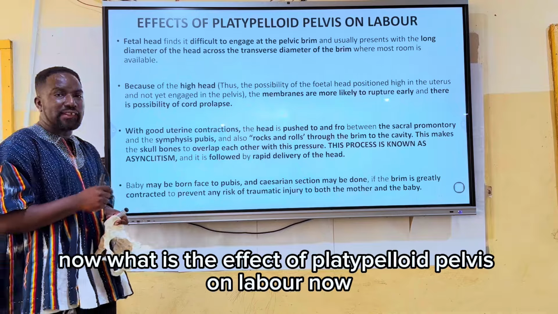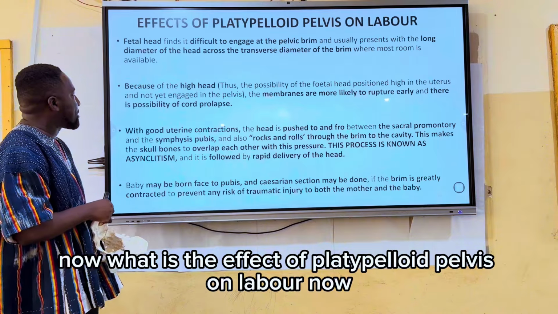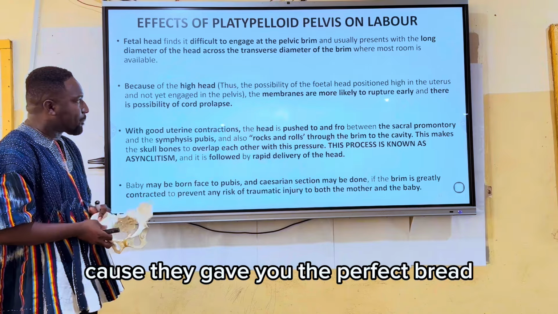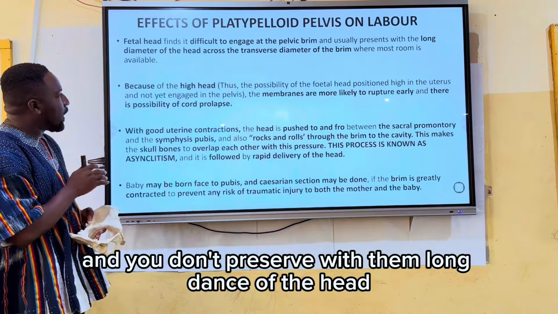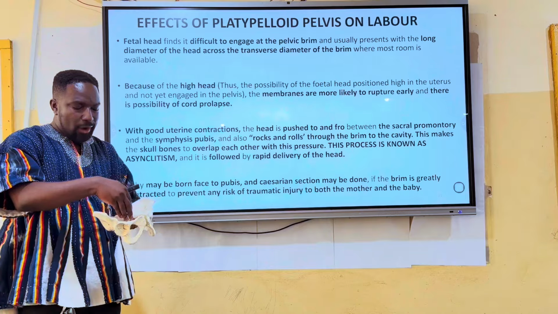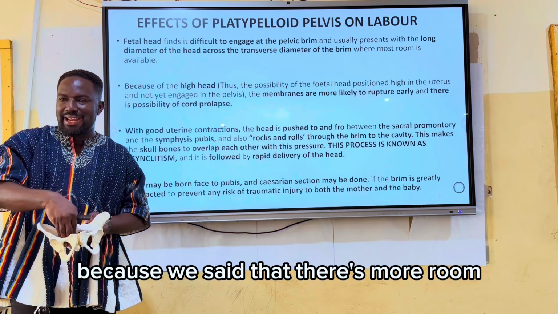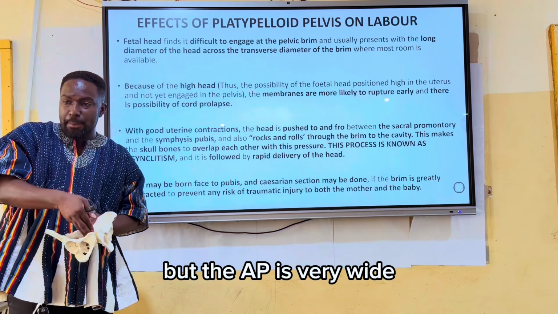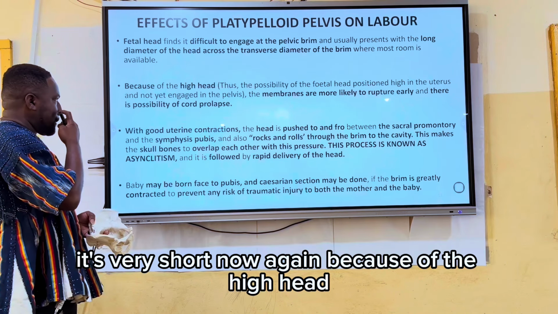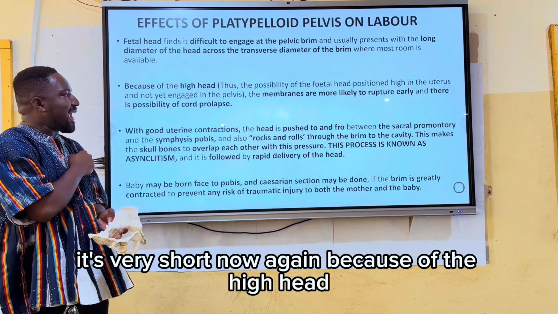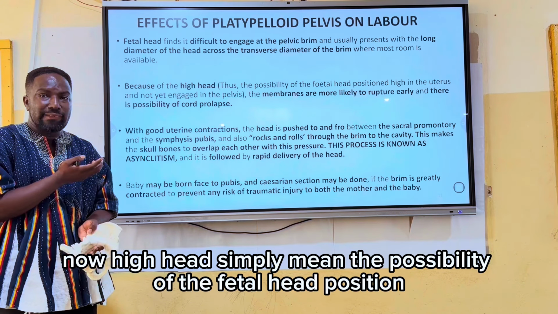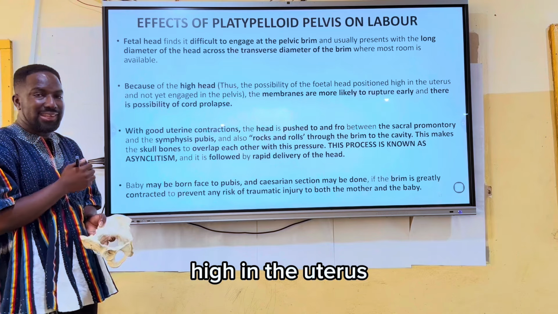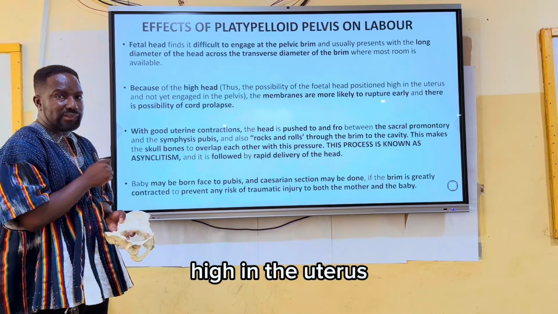Now, what is the effect of platypelloid pelvis on labor? The fetal head finds it difficult to engage with the pelvic brim and usually presents with the long diameter of the head across the transverse diameter. Why? Because there is more room in the transverse, but the AP is very short. Now, because of the high head, which simply means the possibility of the fetal head being positioned high in the uterus,